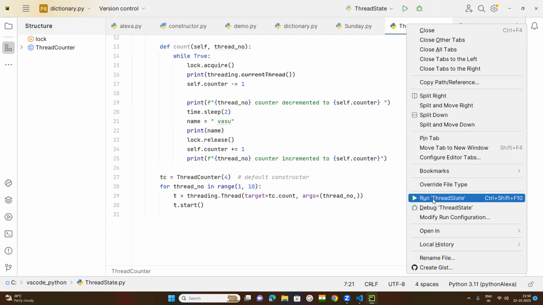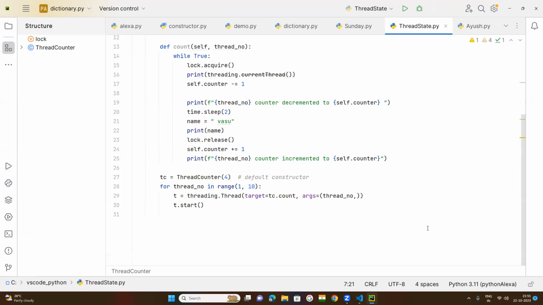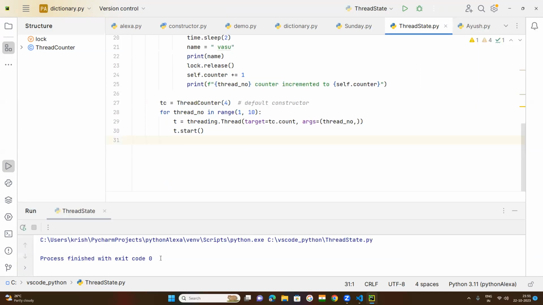So you run thread state. What is it stating there? Again, I want to run this thread state. Process finished with exit code 0. So here also the code is not executed. That is the story. So how to